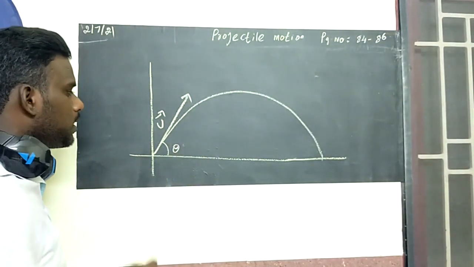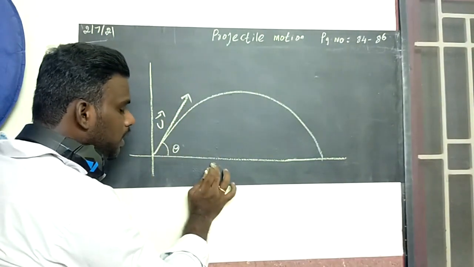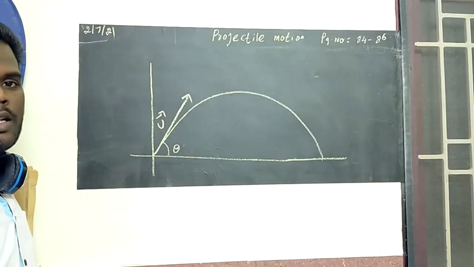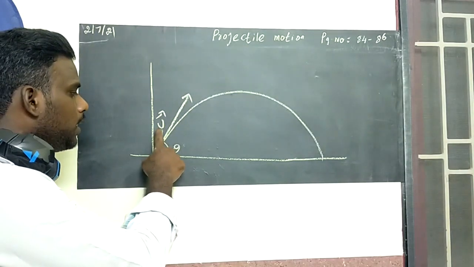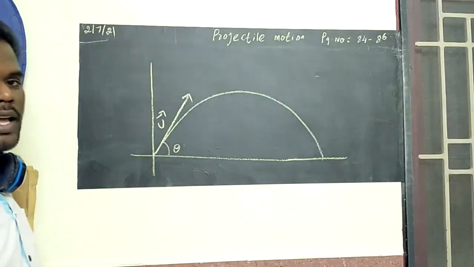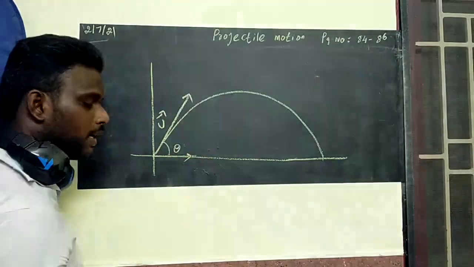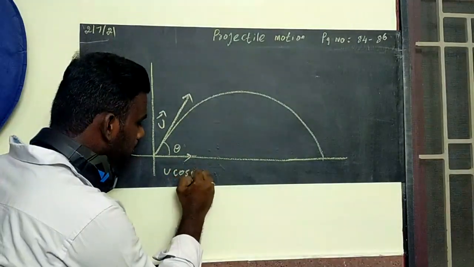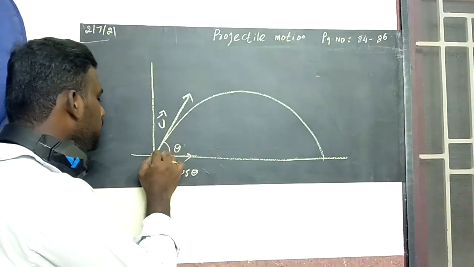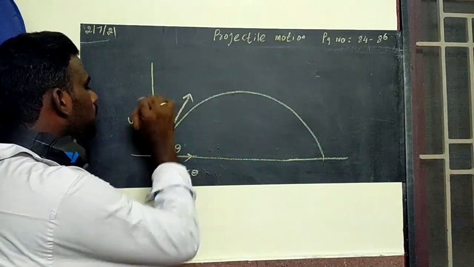And here you can see that the velocity is acting not in the x-axis, not in the y-axis, it is acting on the xy plane, and because of that some velocity will be shared in the x-axis, some velocity will be shared in the y-axis. Is that clear? So the velocity shared in the x-axis, we can take what? That is u cos theta. The velocity shared in the x-axis is called u cos theta. The velocity shared in the y-axis, we can take what? u sin theta. Is that clear?